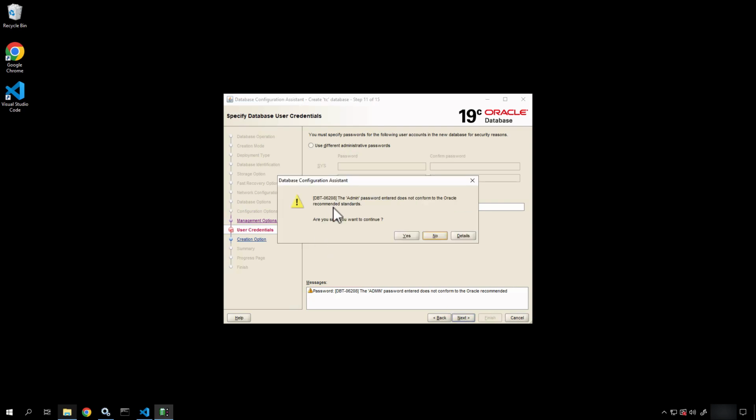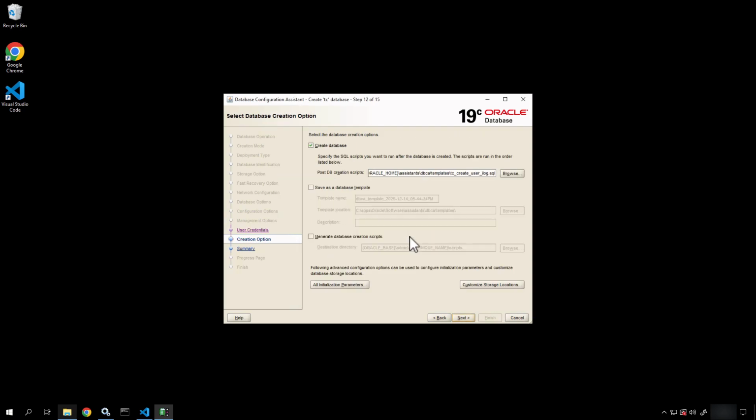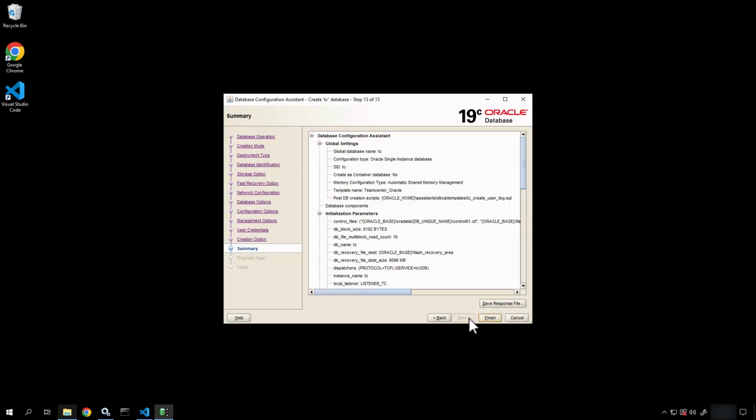So it'll warn me again. I'm going to continue. Don't do that if you're worried about it. All right, so it's going to create my database SQL script here, and I could go back and get that, so it's creating it in the assistance directory. I'm going to go ahead and choose next, and then it will summarize everything for me,